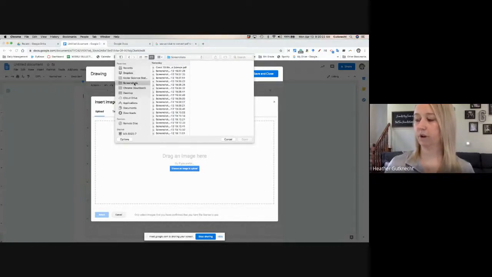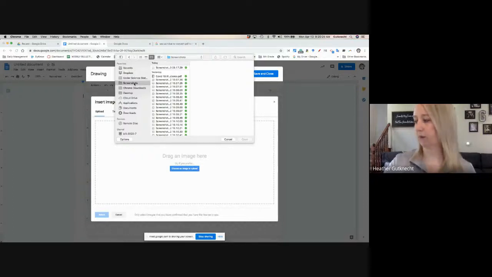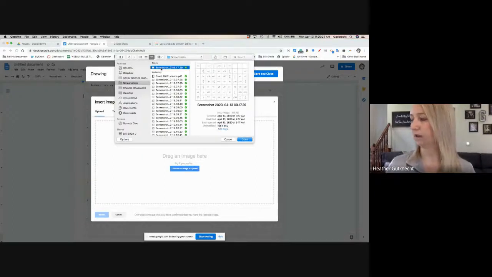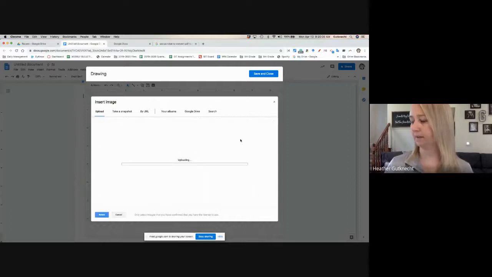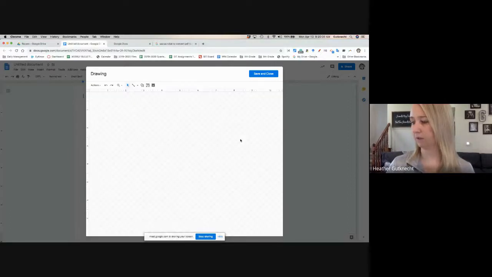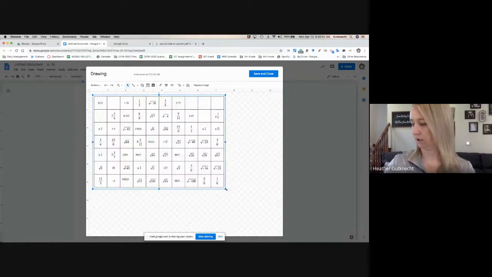I also have all my screenshots go to their own separate folder, and that's actually on a Dropbox. So if anyone wants to know how to organize that, because I used to just dump them right onto my desktop, and I hated that chaos of my desktop filling up. So if anyone wants some help on that, I can talk to you individually about how to do that. So this will load that image, and